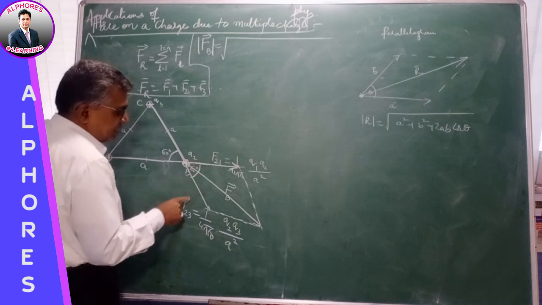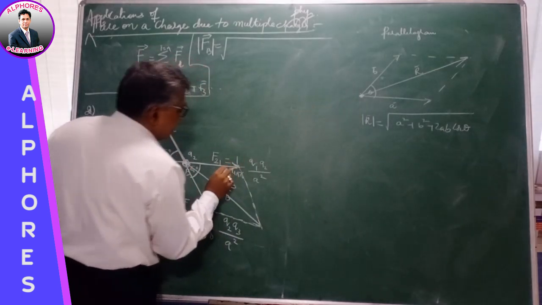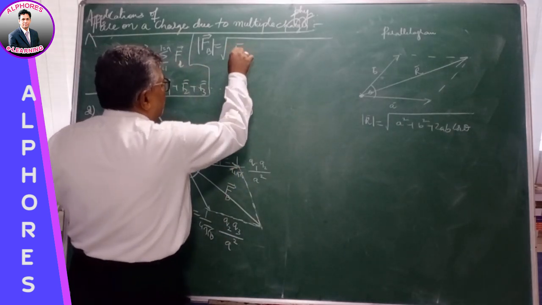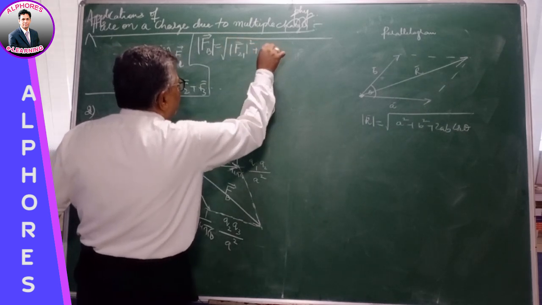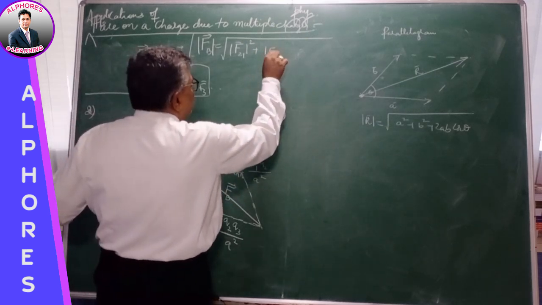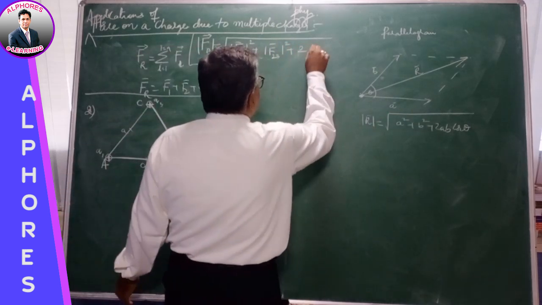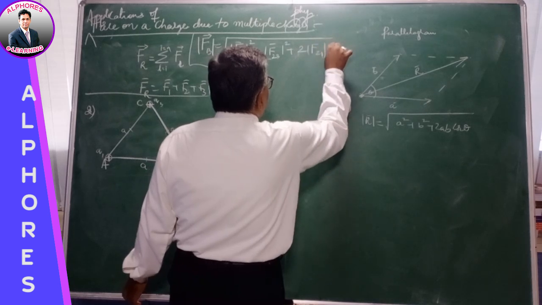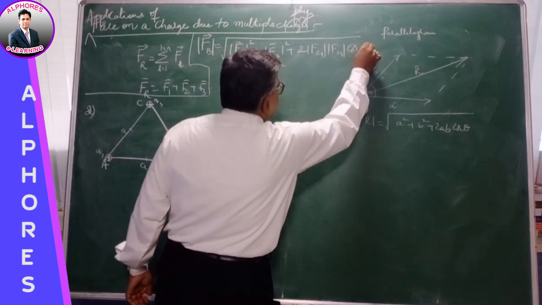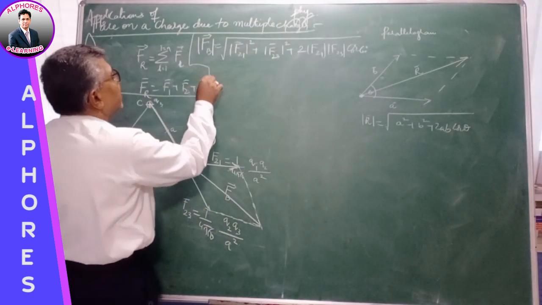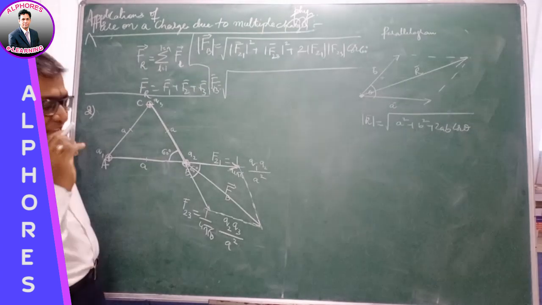So let's suppose this is A, this is B. Substituting similarly, taking the similarity there, a bar, the first vector, is F21, mod square, plus the mod of F23, the force due to the third charge, square, plus 2 times F21 mod and F23 mod, cos of the angle. The angle between these two vectors is 60 degrees. So the resultant force on B is equal to under root of, substituting the magnitudes.